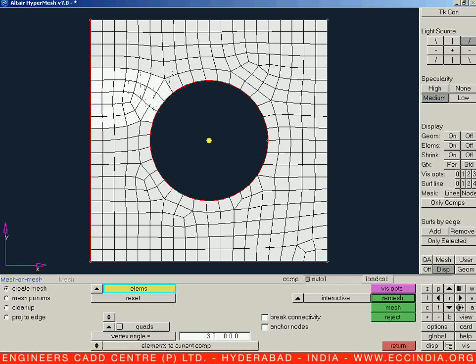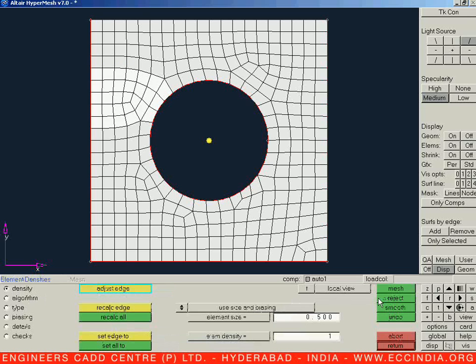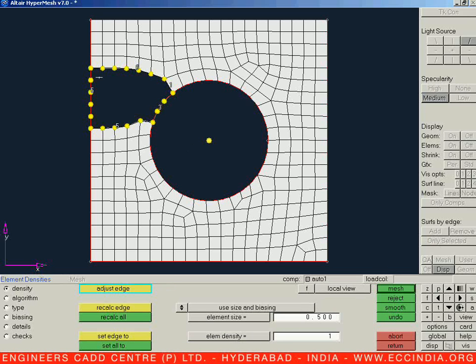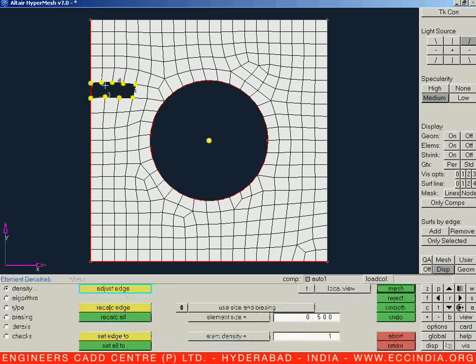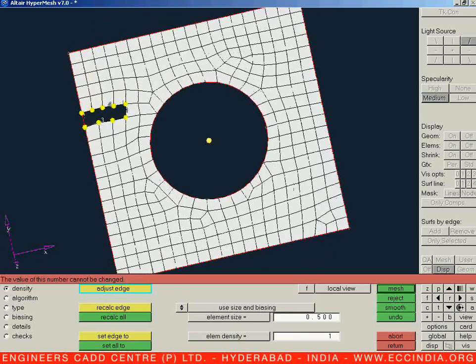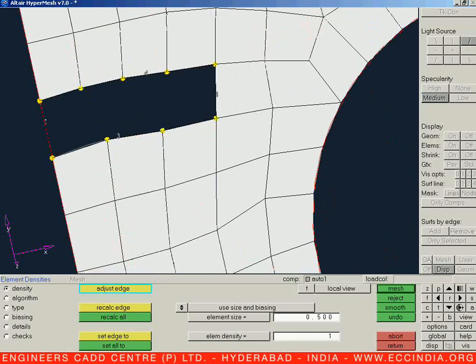So let us select this particularly and let us say remesh or a middle click from your mouse. Once we say remesh, let us adjust the number of elements on each side. Once we have adjusted that, let us say OK. After that again we need to remove this particularly because it has a triad. If I select only this much of a row, we do not have the flexibility to adjust because these nodes are attached over here with another element. So we can't change the number by clicking on that one.